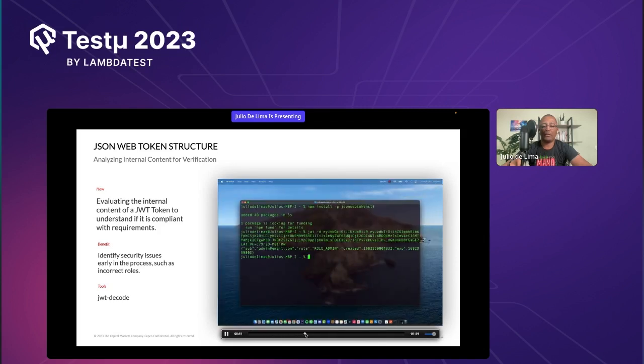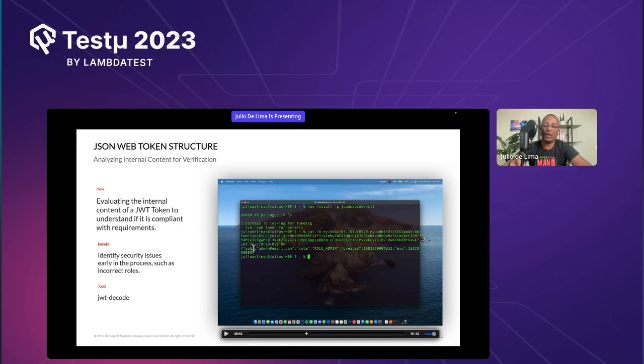After typing this command and hitting return, you have this. You basically see the internal structure of this token. So this is the token, and this is the internal structure. Look at this. The developer created this internal structure, and he or she defined that